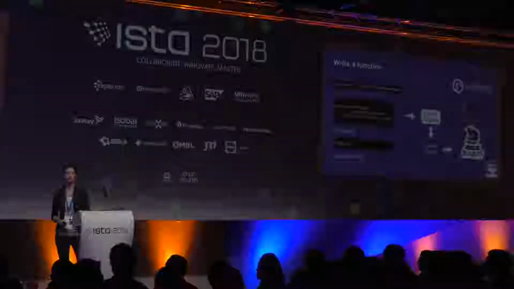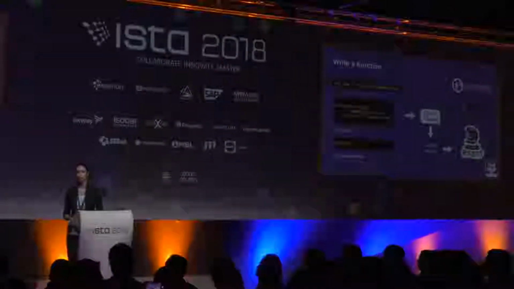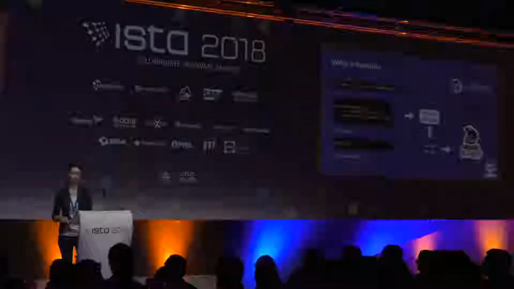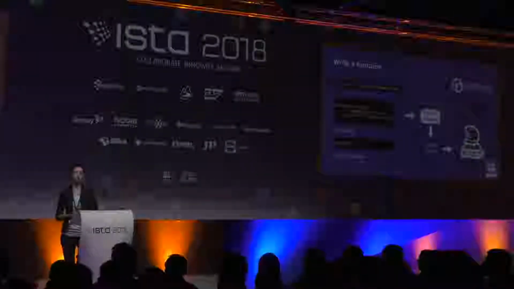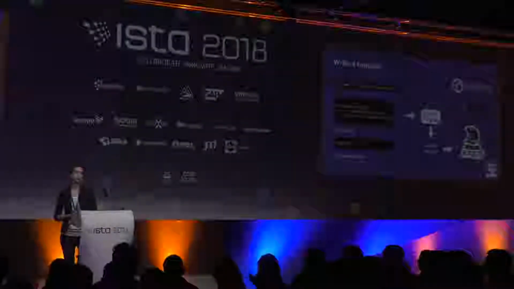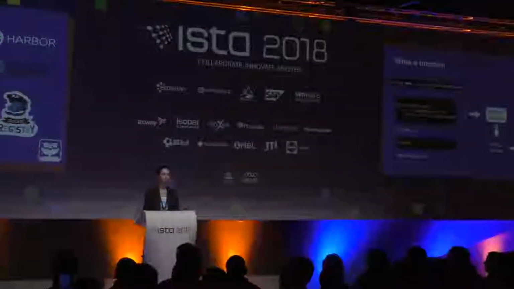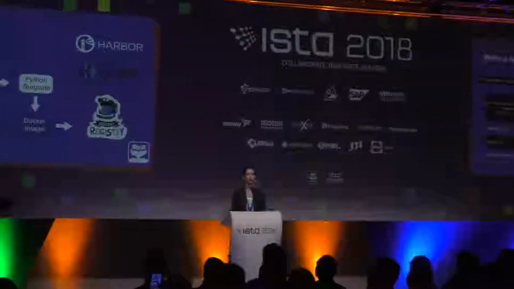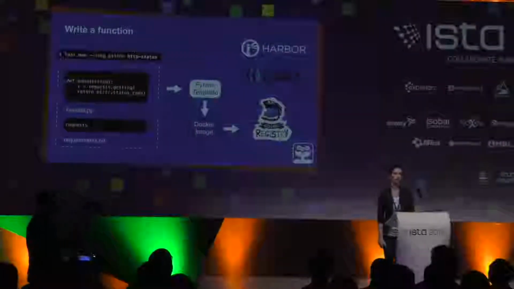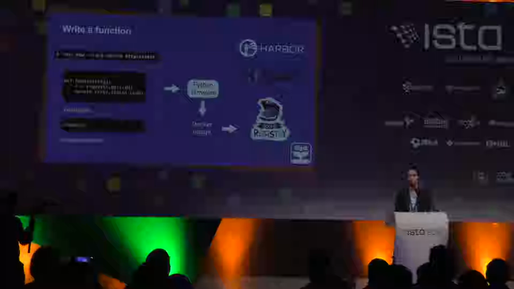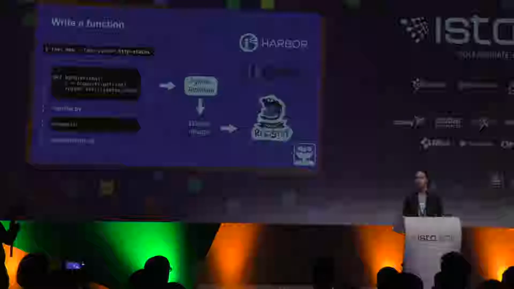And this is how you can create your function using the command line tool. You just type a command with the name of your function, language you'd like to use. We provide language templates in a lot of languages, but if someone needs a language that's not in the official templates, then you can write it on your own, and a lot of people in community and end users write templates for other languages. This is how we also adopted the PHP template. Someone from the community wrote it, and we added it to the official repo.